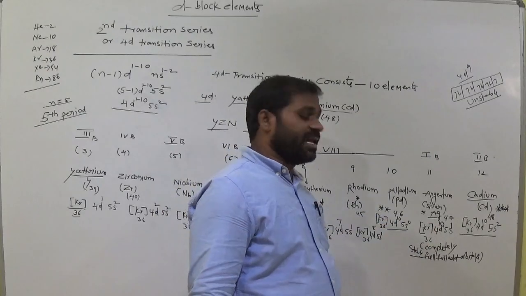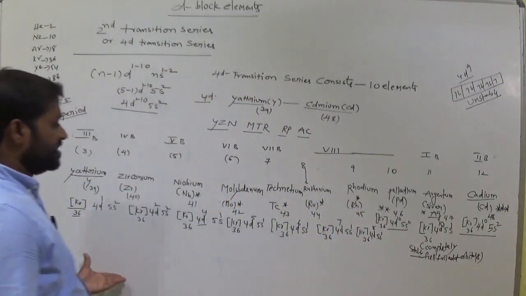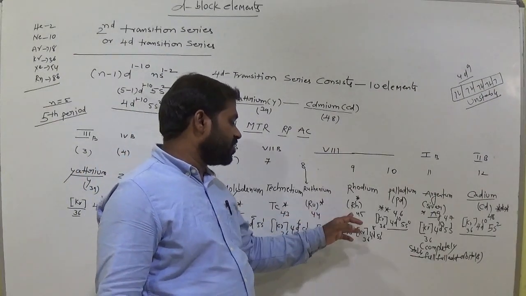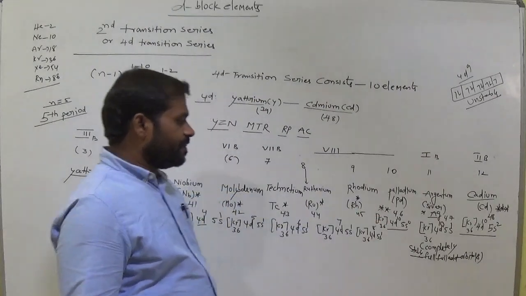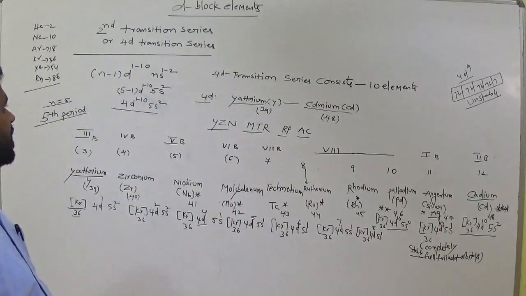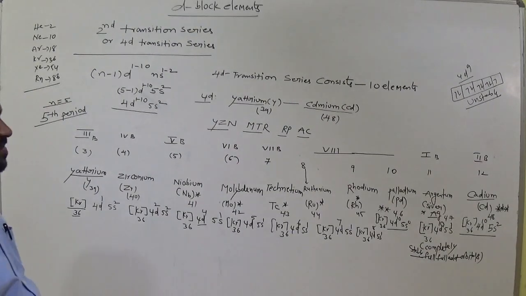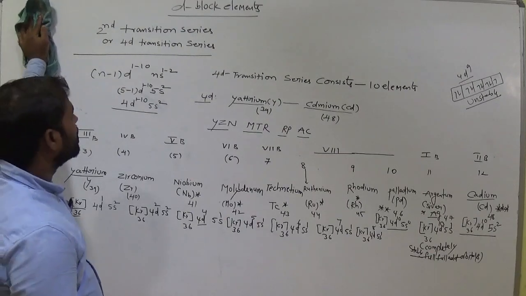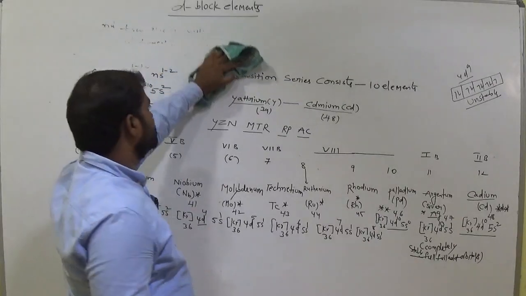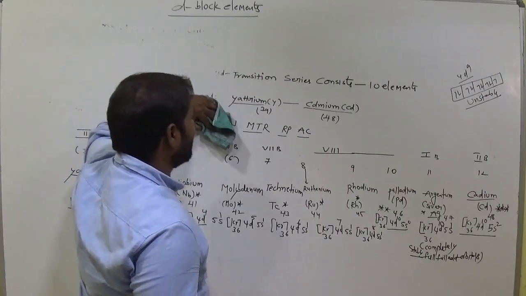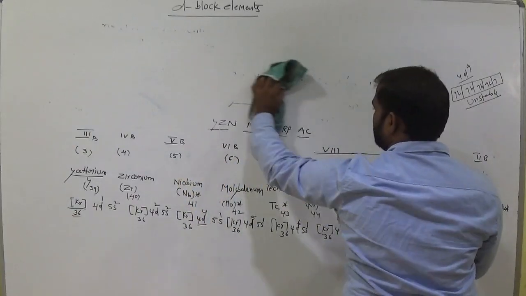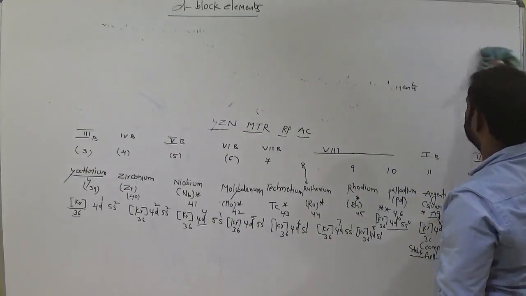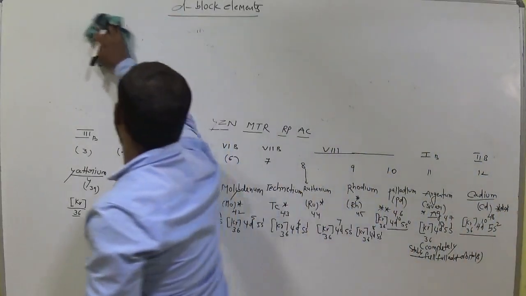Okay, remember this. So then we have no doubt. 4d10 is there. I will ask questions regarding this. Okay, is it clear, students? So yttrium, zirconium, niobium, molybdenum, technetium, ruthenium, rhodium and palladium, silver and cadmium. These are 4d transition elements. So n value represents period number. For getting 4d we need n value 5, (n minus 1) d, ns. This is the short trick for remembering: Y, Z, N, M, T, R, R, P, A, C.